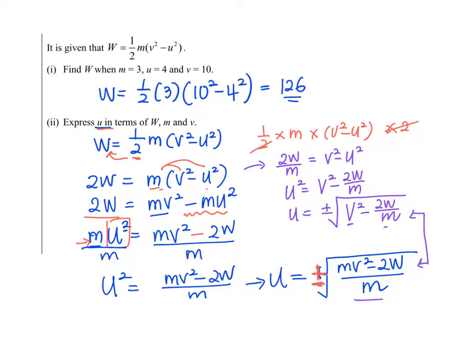Now we're going to move on to the next question. Given that v equals 2 over 3 square root of 2gh, there is a fraction again, and on top of that, I have a square root symbol. So I'm going to get rid of my fraction first. I don't like my denominator. So I'm multiplying by 3: 3v equals, well, I have 2 over 3 times the square root of something. If I multiply by 3, the 3 and 3 cancel away. I'm left with 2 square root